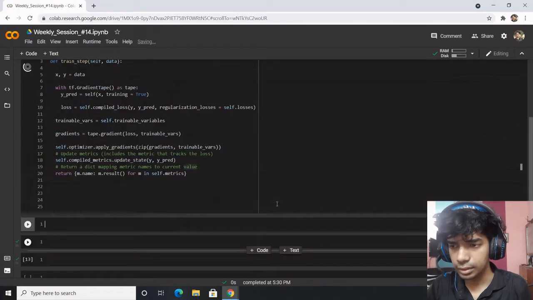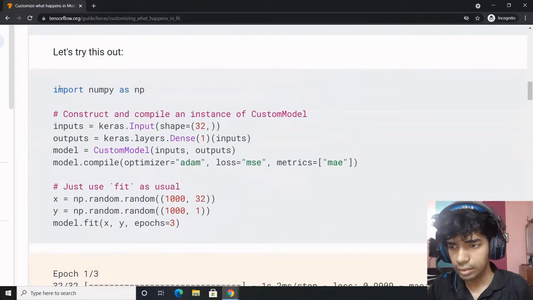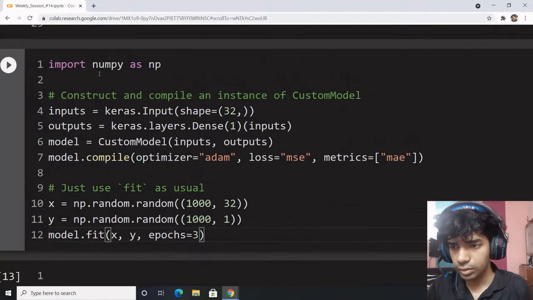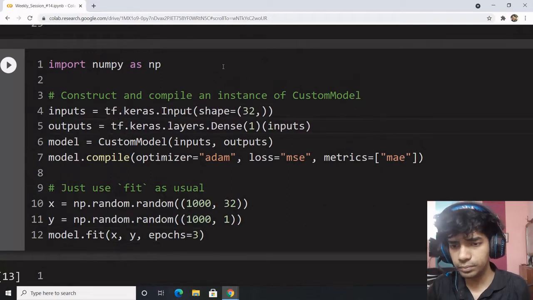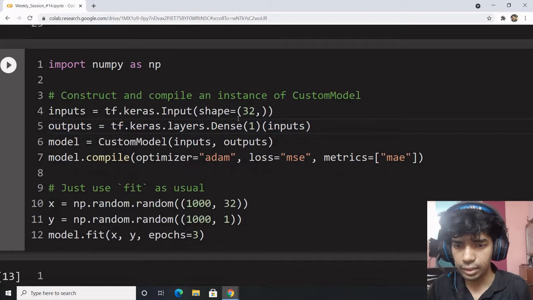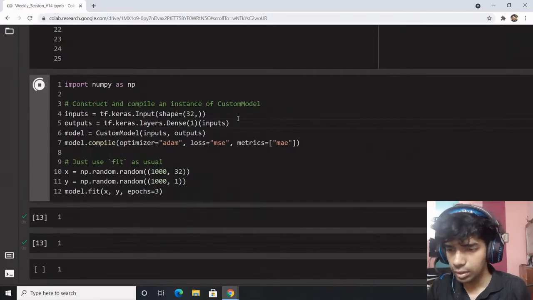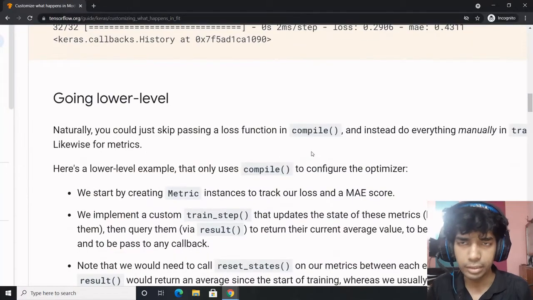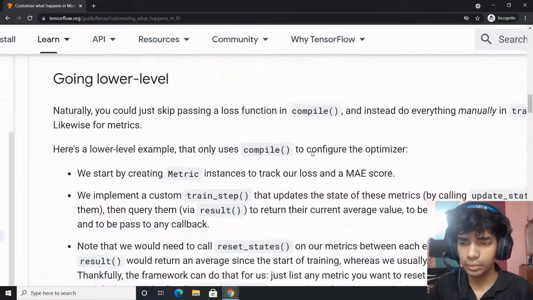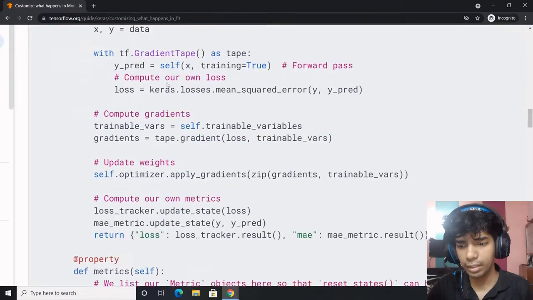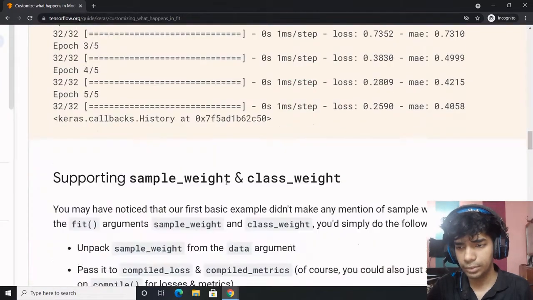This is a simple example, and a simple feed forward pass through it is like this. So you can define anything. Let's say it's a 1-layer. This is what happens, and your training is done, right? But let's get into more details, going more lower level. In the more lower level, they try to compile, do different changes. First is to have a different loss and a MAE metric, and that is how the compilation would happen.